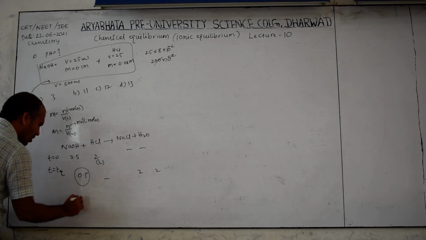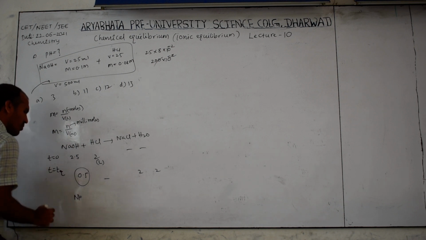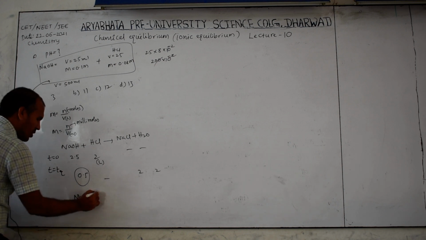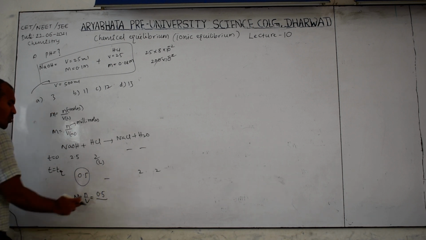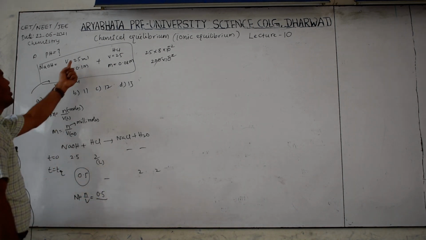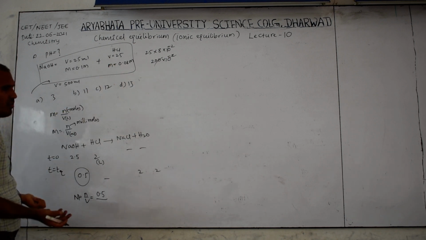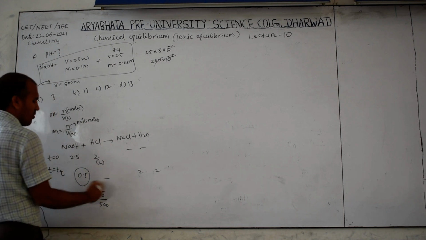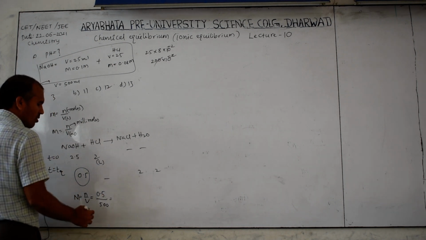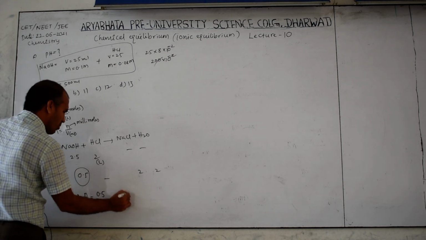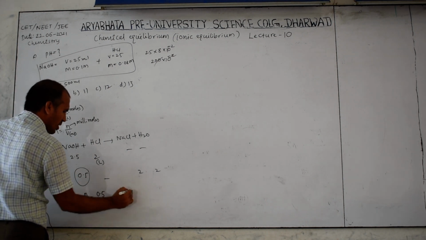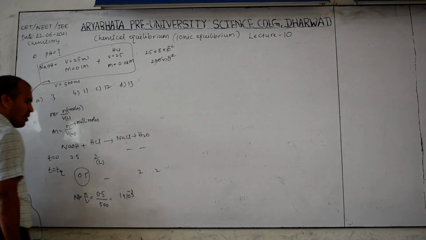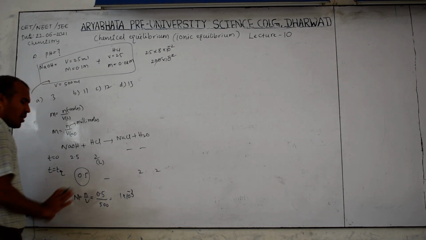Now normality or molarity. First calculate molarity only, later we can convert to normality. Molarity is equal to n by V. Therefore n is 0.5 millimoles. The volume is how much? Don't put 25 plus 25 is 50, but the total volume we have to put, that is 500. Okay, then the point shifted, so this is 5 into 10 power minus 1, then the 2 zeros go up, so minus 3, 5 cancels, meaning this is 1.